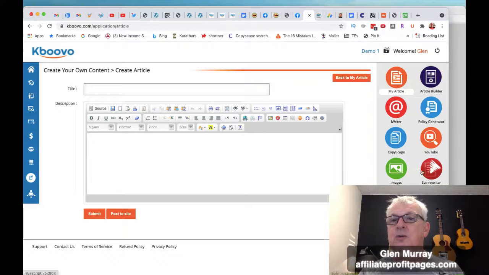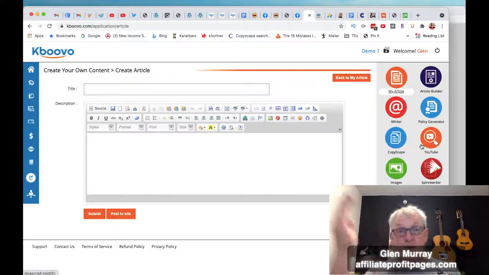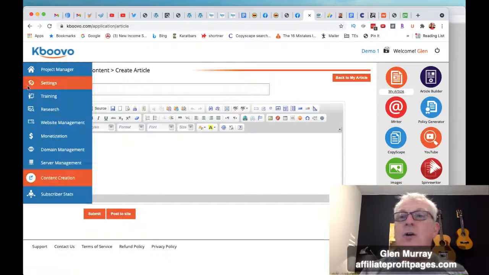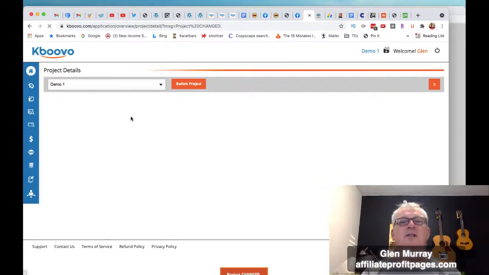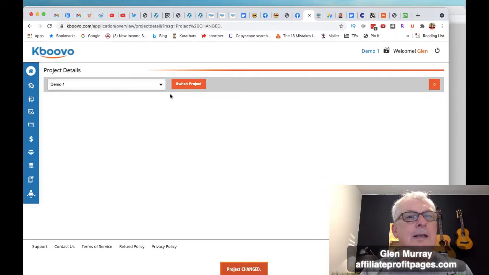So this is the article builder. There's a spin rewriter. You can bring in your YouTube videos into this now. Where is website? I'm sorry, guys. I'm still getting sort of used to looking around this thing. I just got access today to it. So this is the demo. This is my projects. If I click on it, it's going to ask me for a keyword. So it's going to do a keyword search for it. And then